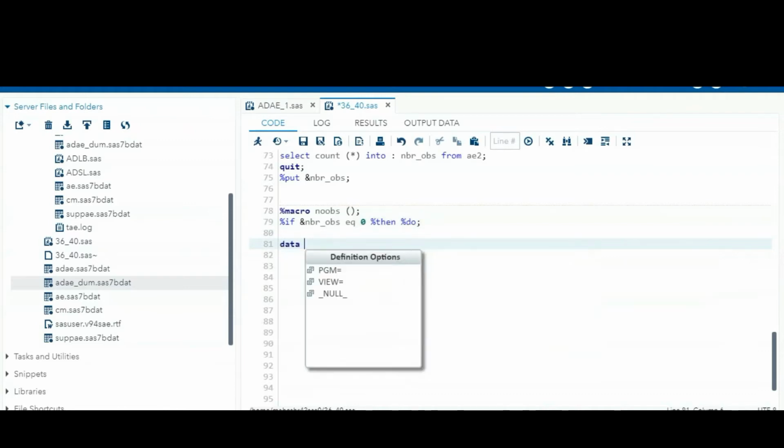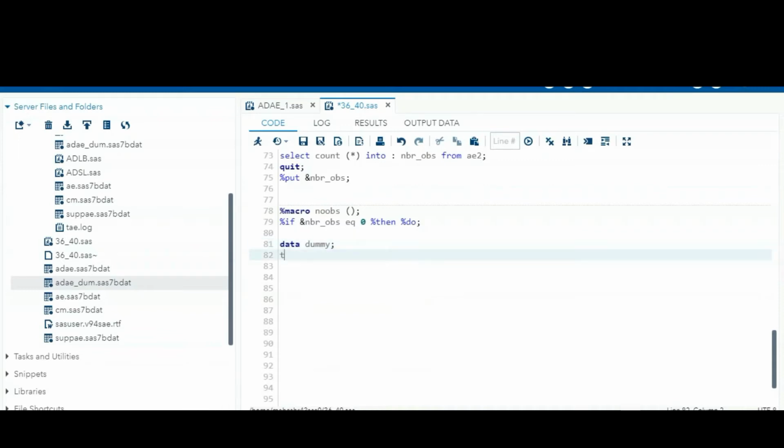Simply, we can create one simple dummy data set, where the text is how to display the text without observations: no observation.